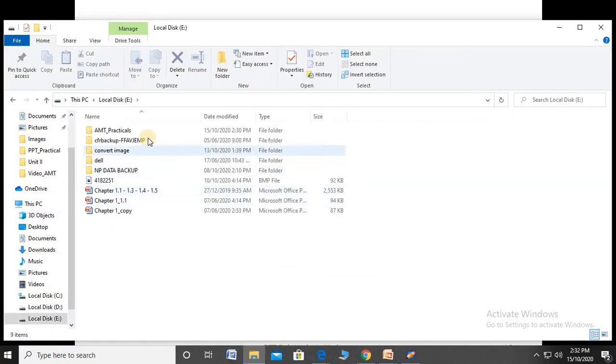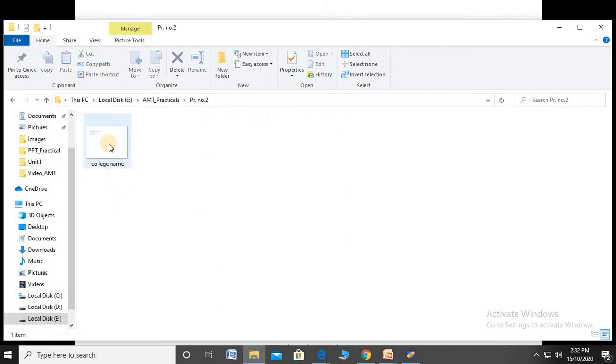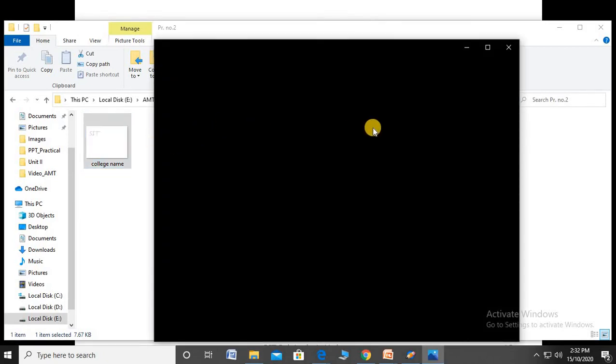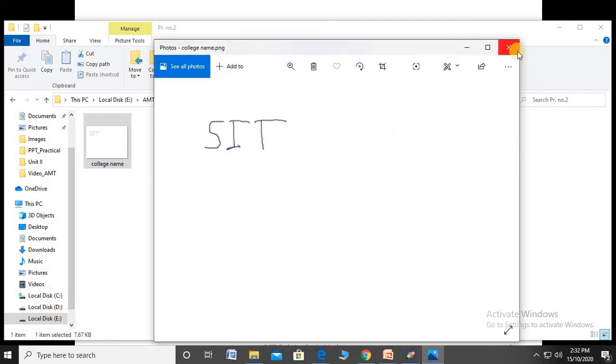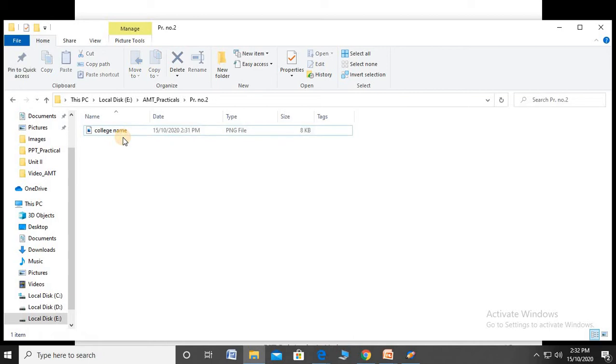Showing the A drive, second practical, this is the college name PNG file.